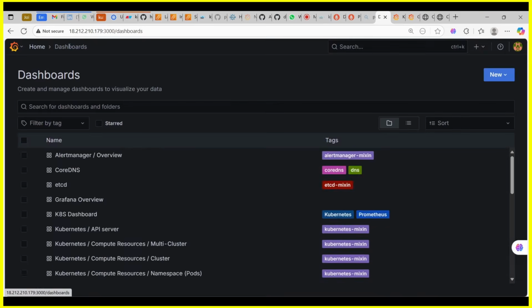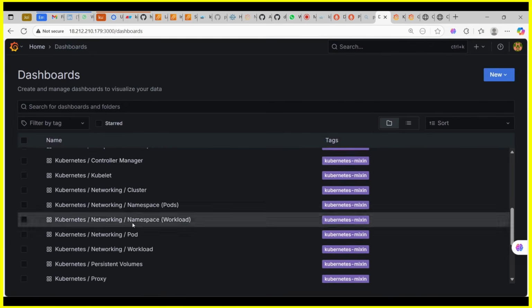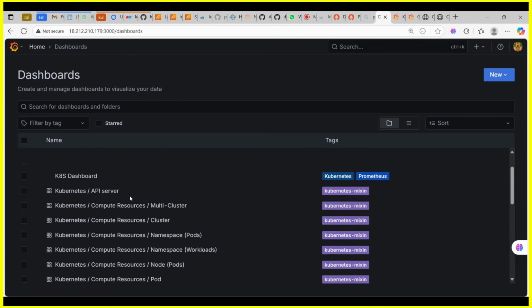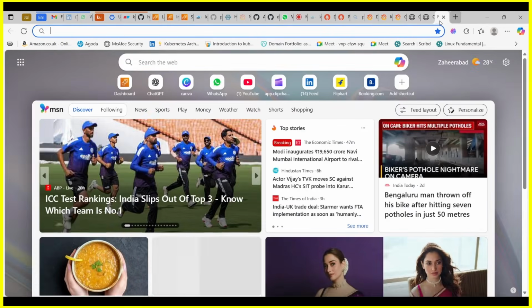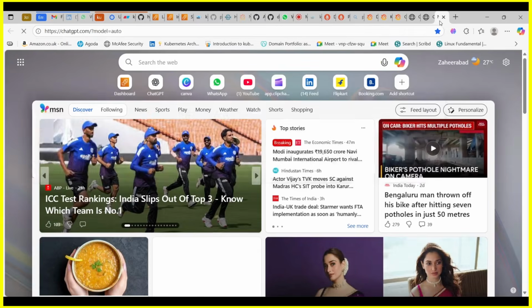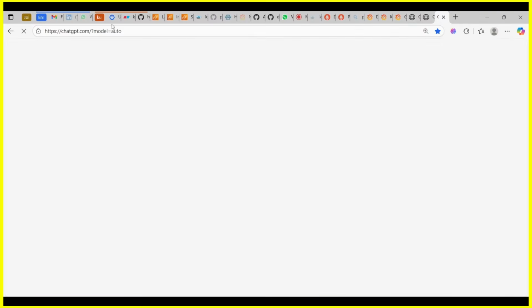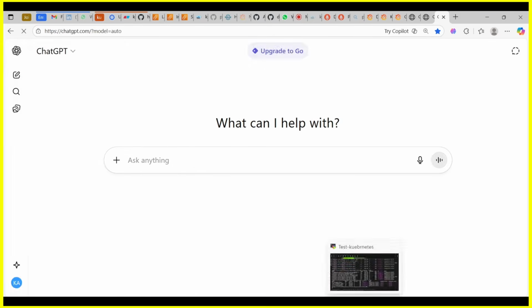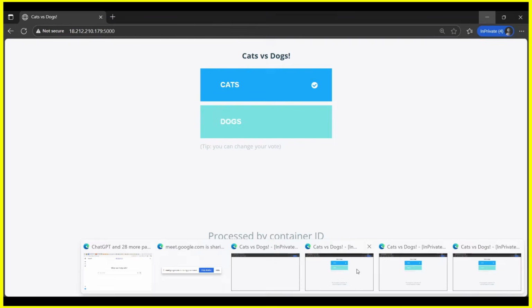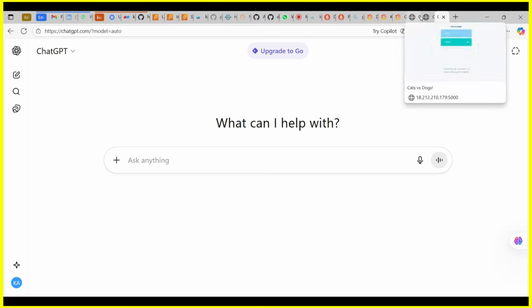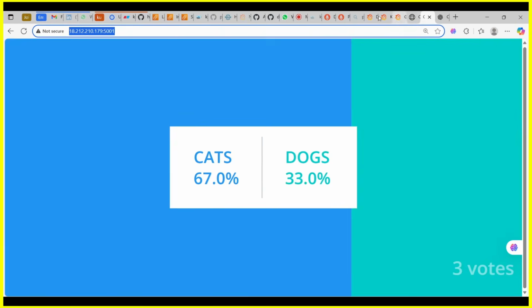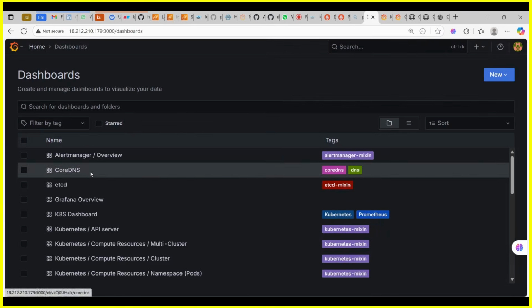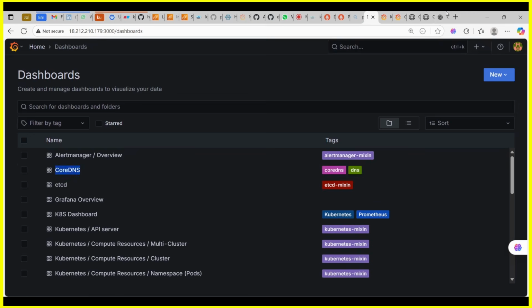You have different dashboards. You go through every single thing. You can even open ChatGPT. Okay, so let's open ChatGPT, give it the question over here and take the answer from there. Let me just open this, where I am, right? The CoreDNS dashboard. So ask it,